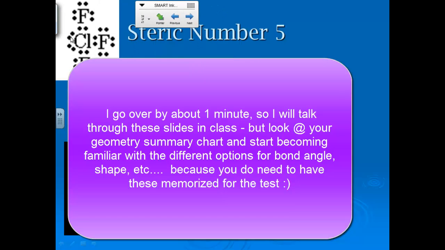Okay, we've got 2 lone pairs and 3 bonding groups. This one is going to be what's called T-shaped because this is what it drives it. And we saw this, or this would be